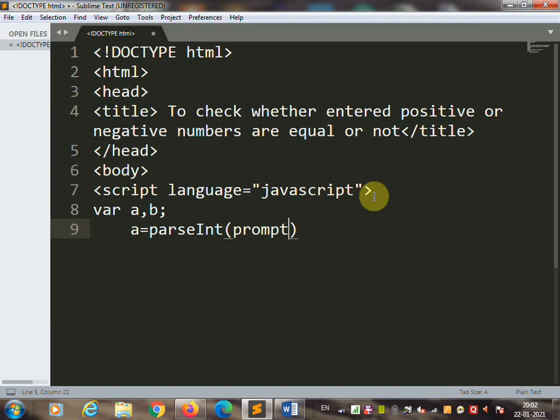So here we'll use the prompt and we are going to write a message so the user will understand what to enter in the text box. So we can write over here: enter first number. This is the first prompt that will display when you run the JavaScript program.